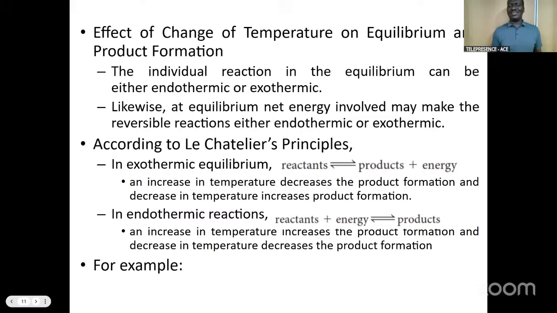And of course, a decrease in temperature will mean that the energy has decreased, and the only way the energy can be brought back to what it was before is to favor the direction that produces energy, that is favoring the reverse reaction. So a decrease in temperature will decrease product formation and favor reactant formation. So back again to our